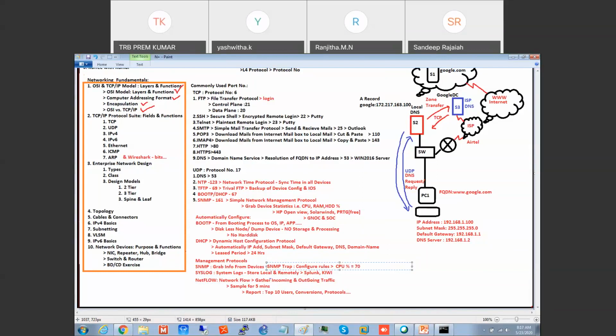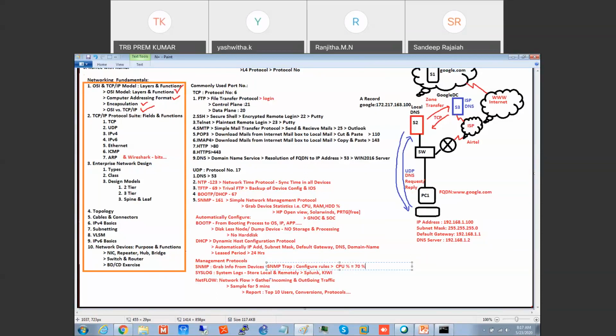So we set a baseline. If it goes past 70%, it will send a message. This is called an SNMP trap. We can set up a lot of rules like that, and based on the rules it will keep on monitoring. Whenever it hits that baseline, SNMP will send an alert. That is called an SNMP trap.